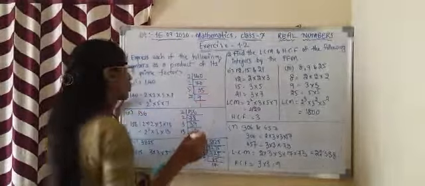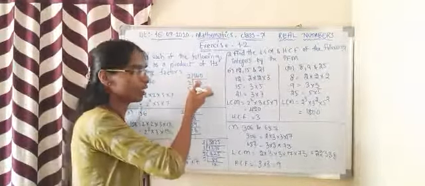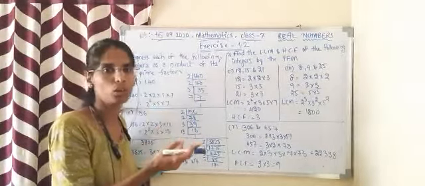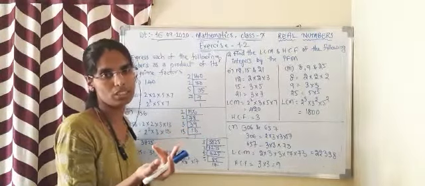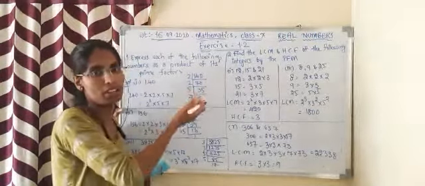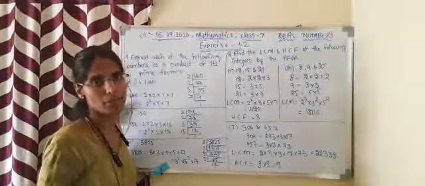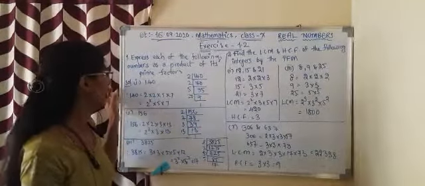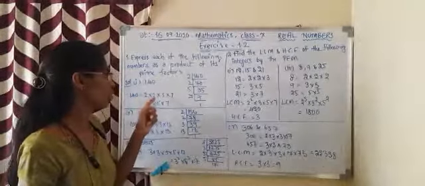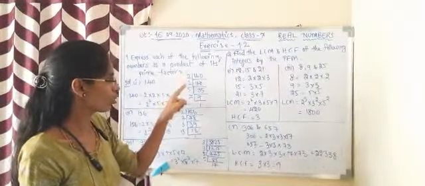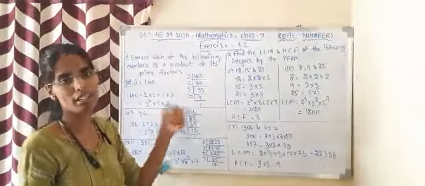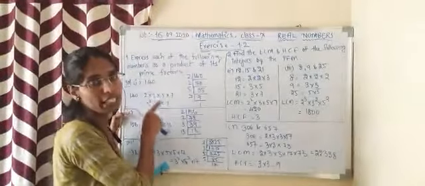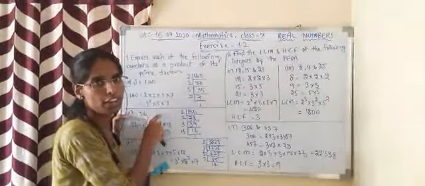Now 35 is an odd number. That means we cannot take it in the 2 table. So let us go for 3. Can we get 35 in the 3 table? No, we cannot. And 4? No, we cannot get it, because in the 4 table also we don't get 35. It has 5 as the last digit, so let us go for the 5 table, which is 5 sevens are 35 and 7 ones are 7. Therefore, the prime factors of 140 are 2 into 2 into 5 into 7 into 1. We don't consider 1 here, that's not so important. So 2 into 2 can be written as 2 square.